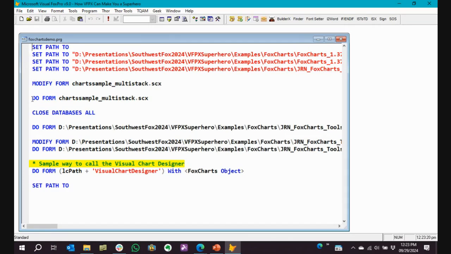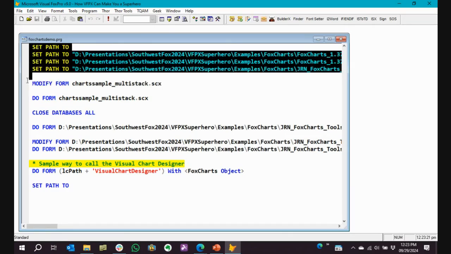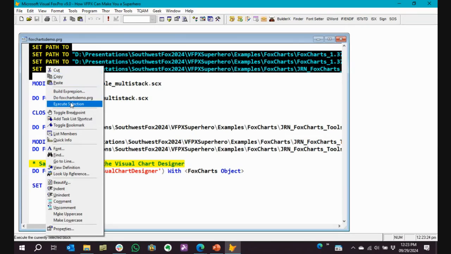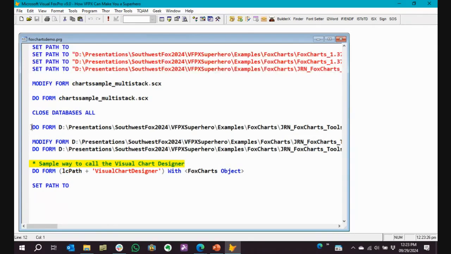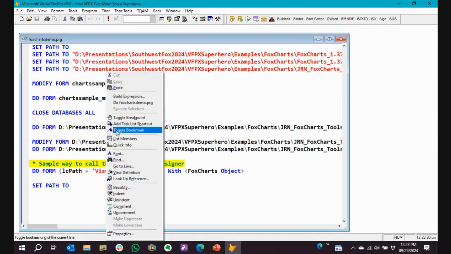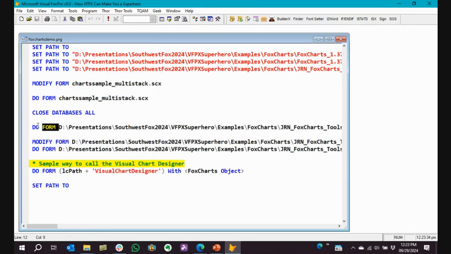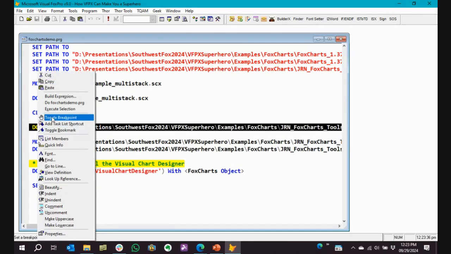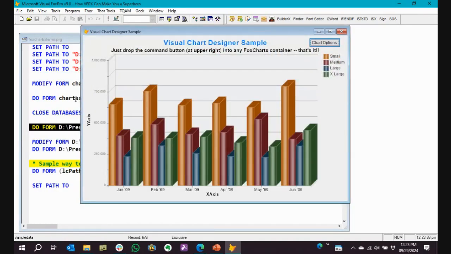In the interest of time, I'm going to fly without a net. Always fun to do. Okay, this is what Fox charts looks like when it's displayed within a VFP form.